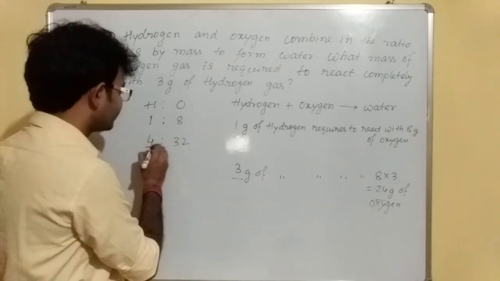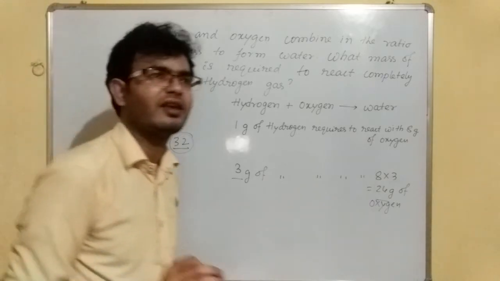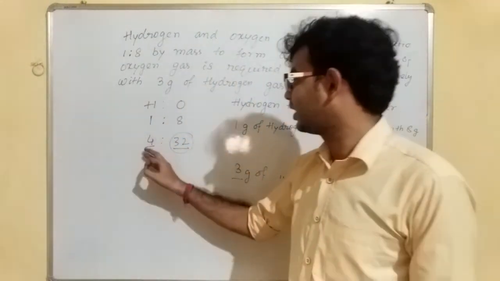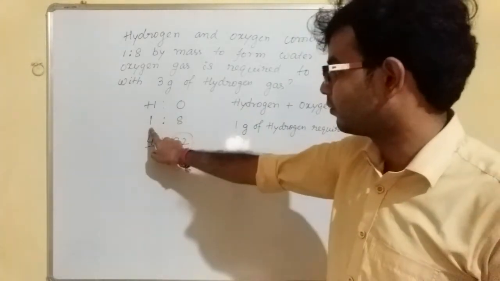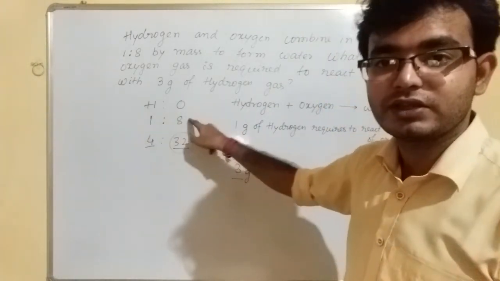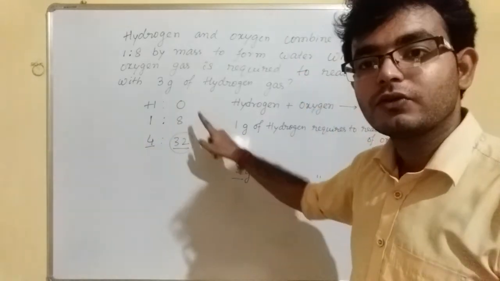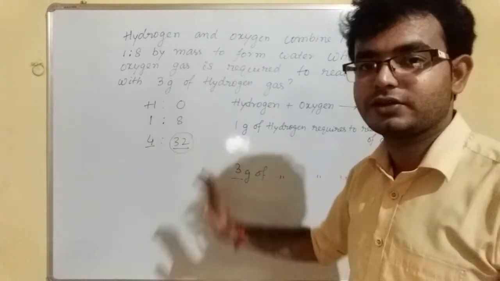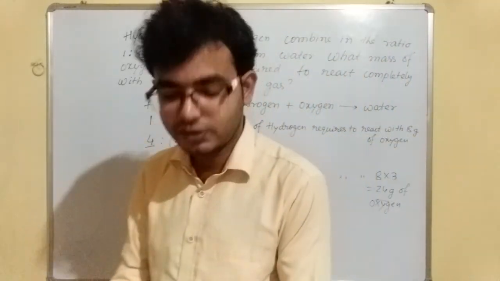तो 4 ग्राम ऑफ हाइड्रोजन इक्वल 32 ग्राम ऑफ ऑक्सीजन। ठीक है, समझ में आ गया, बहुत इजी है ना। बट इसको थोड़ा सा लिख के करेंगे कि 1 ग्राम ऑफ हाइड्रोजन इक्वल टू रिएक्ट विद 8 ग्राम ऑफ ऑक्सीजन, सो 4 ग्राम ऑफ हाइड्रोजन इक्वल टू रिएक्ट विद 4 into 8 दैट इज 32 ग्राम ऑफ ऑक्सीजन। ठीक है बच्चों, समझ में आ गया, बहुत इजी क्वेश्चन है।